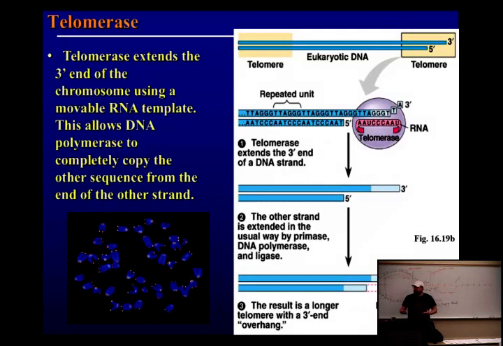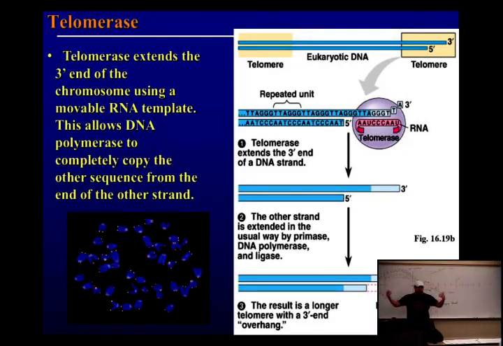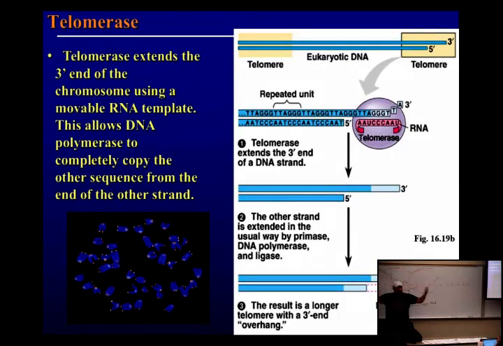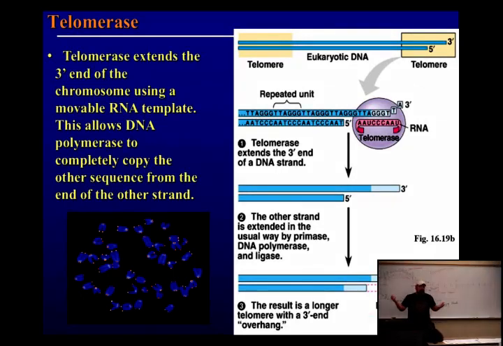Why do we have telomerase? Well, think about it this way. You guys came from a single cell, right? So would you make it out of your mother's womb after 50 divisions? So when you're an embryo, you have to have telomerase turned on. There's no way you can make it after 50 divisions. But once you're born, it's turned off. Why is that?